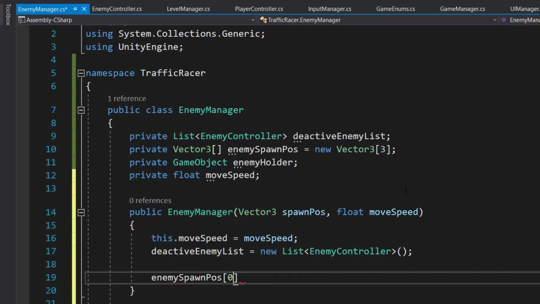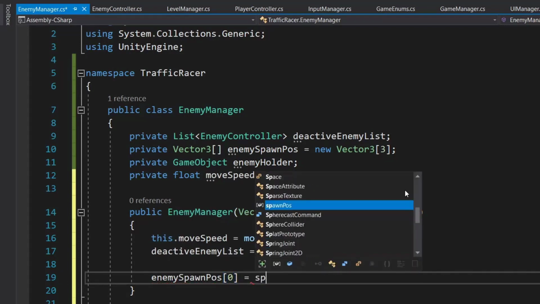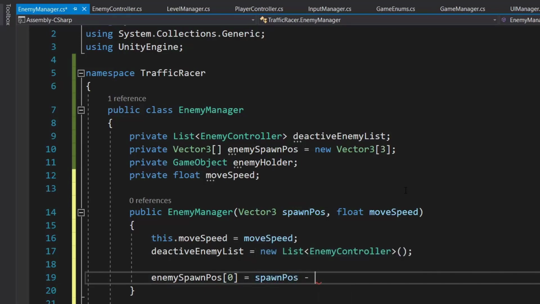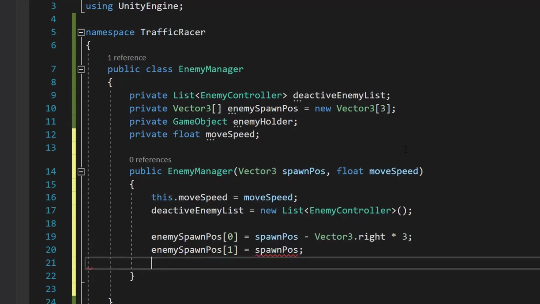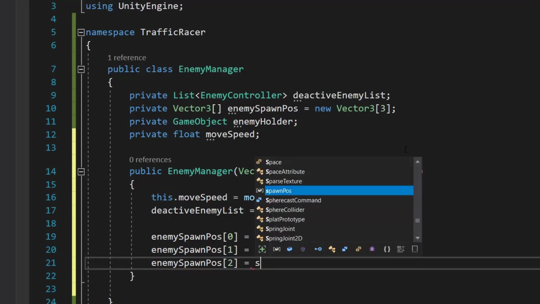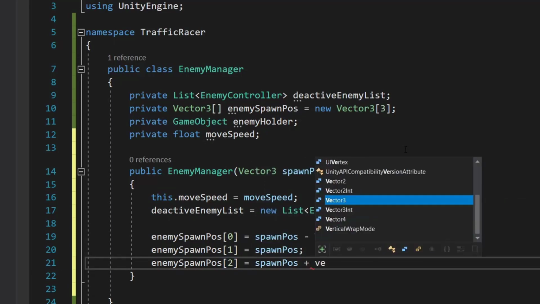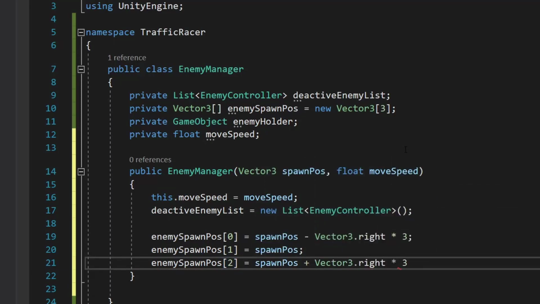So enemySpawnPos at index 0 is equal to spawnPos minus Vector3.right times 3. Consider spawnPos as the position of the center lane, so the left lane will be minus 3. Then enemySpawnPos 1 will be equal to spawnPos, and enemySpawnPos 2 will be equal to spawnPos plus Vector3.right times 3.